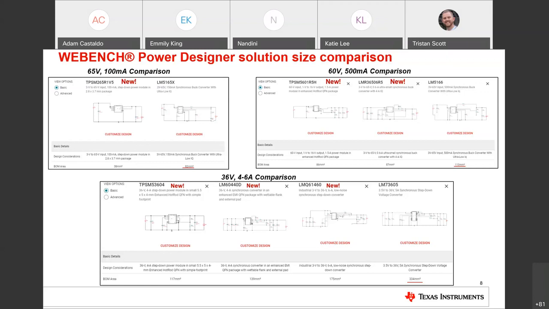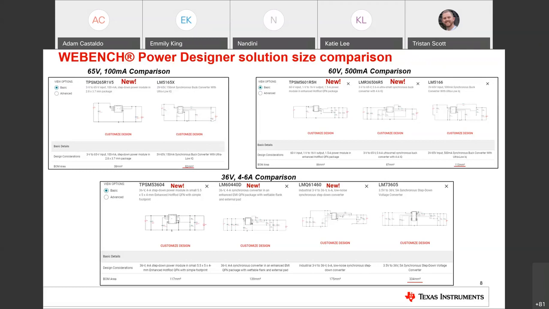And of course, the power module is going to be the smaller solution integrating the inductor, but you can see the total BOM area is over 1/2 the size. So it's really driving home how much space you can save going the module route. And that is why we do see a lot of interest in this device and the microchip packages in very space constrained applications like field transmitters, proximity and position sensors.